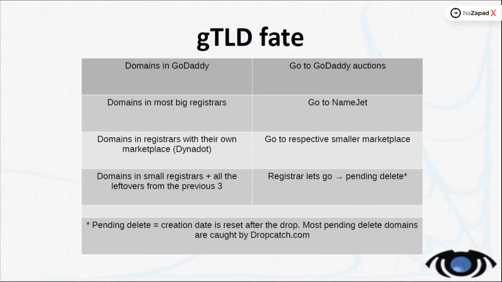And everything that's left over from all the auctions, that didn't get any bids, plus some other domains, they go into pending delete. Golden rule: if it goes into pending delete for 5 days, it always drops. The registrar doesn't have control anymore. So if it drops, it's reset, it goes to dropcatch.com. Again, there's an auction if it's a good domain with more than 1 bid, but the creation date is reset.